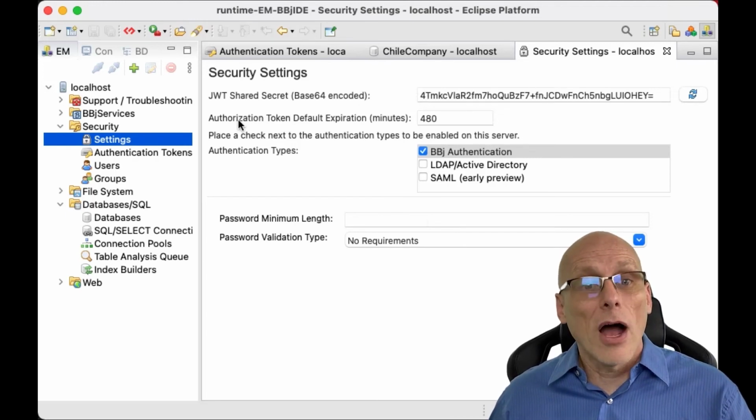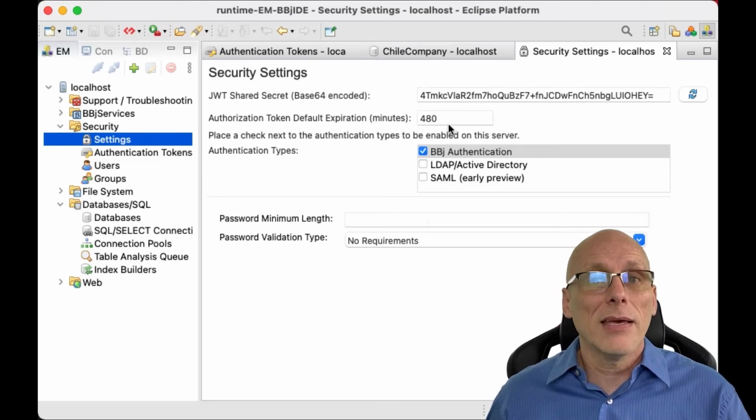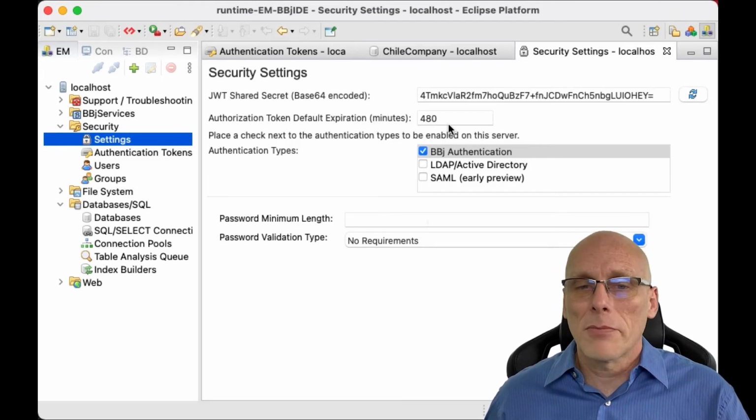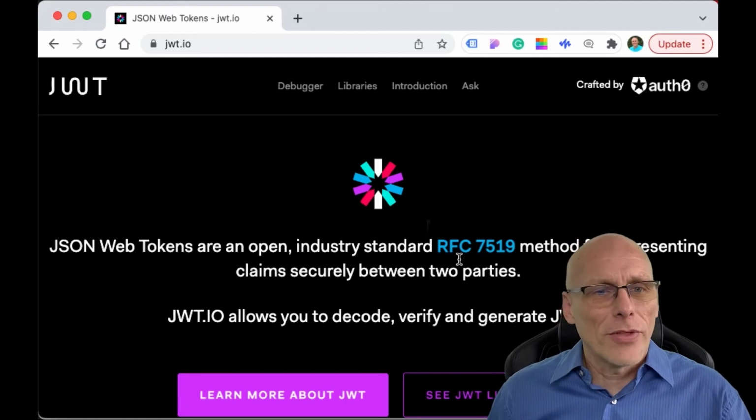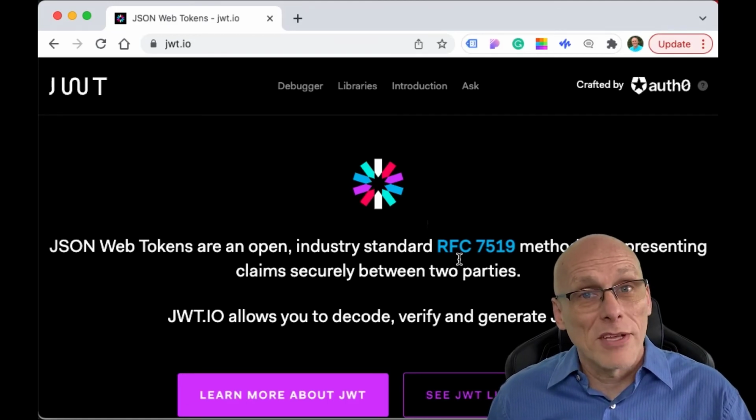The authorization token default expiration can be set right here. So as you can see, it defaults to 480 minutes, but you can set that to any value that you find appropriate. Okay, and so I also thought I might show you this cool little website that allows